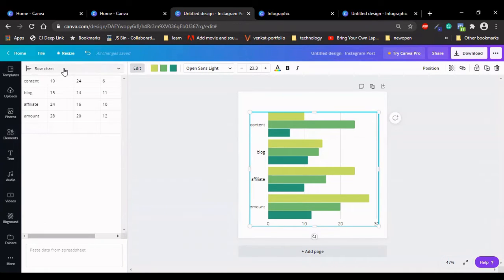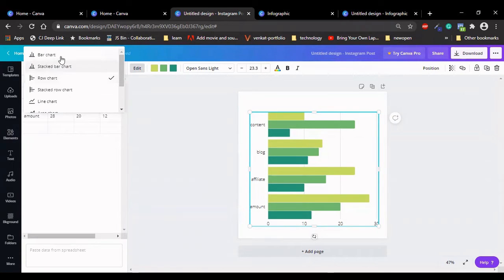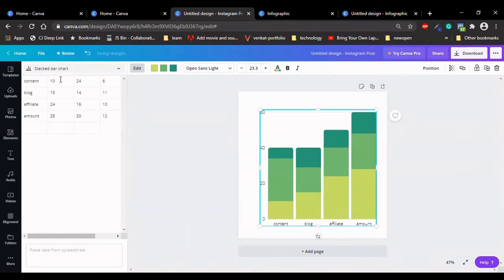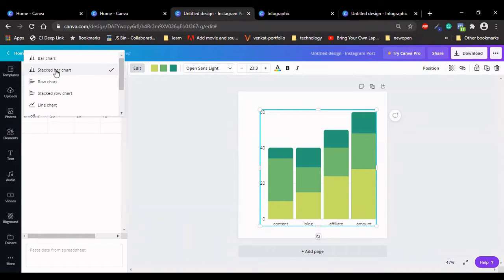Likewise, you can change that chart from row format to bar chart. It will automatically change, and you can next go to stacked bar chart. See how the content has been changing as per our content which is available here. The next is row chart, stacked row chart.